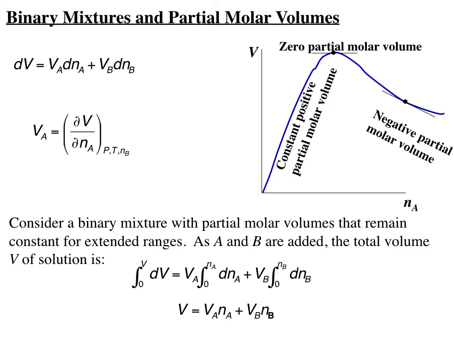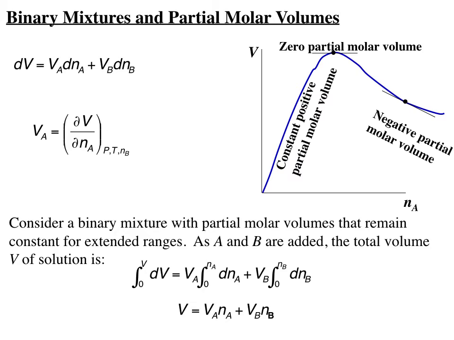So then if I were to integrate dV from 0, as you see, I start with 0 volume, so I'll start that integration at 0, and I'll of course start my moles of A and moles of B at 0 moles when I'm at 0 volume. Then because there's linearity of the volume as a function of the moles added over these ranges, I can pull the partial molar volume out during those ranges, and I can just integrate over the change in moles dNA and dNB. Since the limits are from no added material up to some final value NA and NB, the volume is simply equal to the partial molar volume of A times the moles NA,